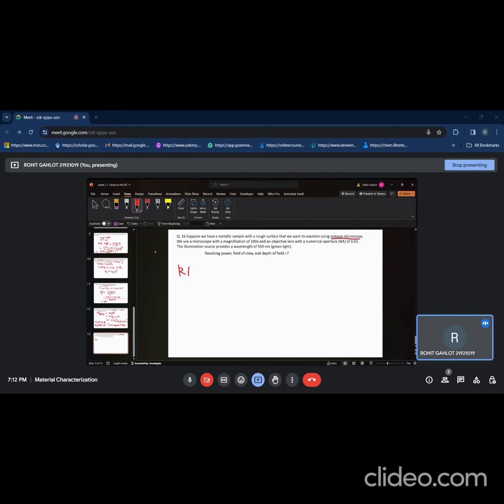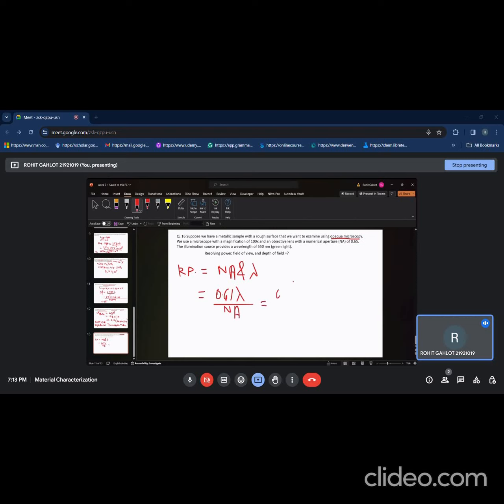And if you talk about your resolving power for this, it will be a function of your numerical aperture and your illumination source, which is your lambda. It is dependent on these two. Further, we can write the resolving power as 0.61 times lambda divided by your numerical aperture. Okay,